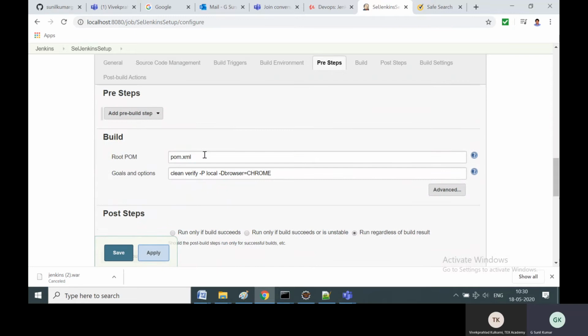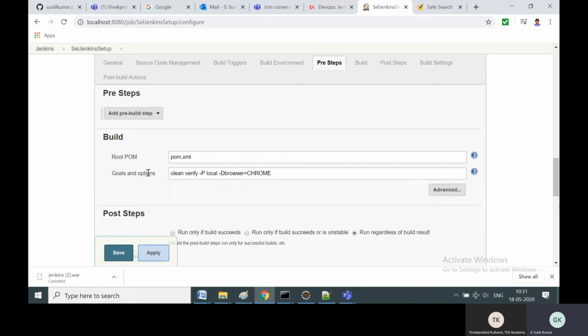Build is the place where you have to tell Jenkins where to look for the pom file, because for the Maven project we have to tell Jenkins where the pom file is, and also specify what goal you want to run. The moment you talk about a Maven project, the pom.xml location is very important, and what goals you want to execute: Maven clean verify, Maven clean install, and any profiles or browser values you want to pass, everything you have to specify here.